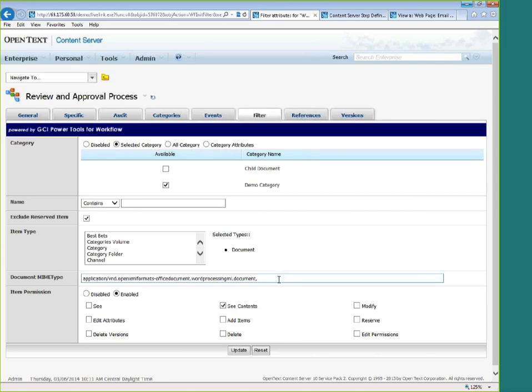And you could also select the MIME type of the document. If you're only allowed to use Word documents in this workflow, you just restrict it to the word processing documents. And finally, you can specify what permissions on the item the current user has to have in order to start the workflow.